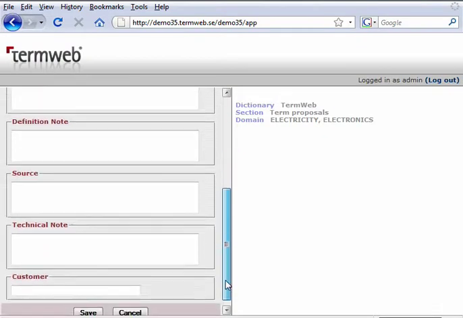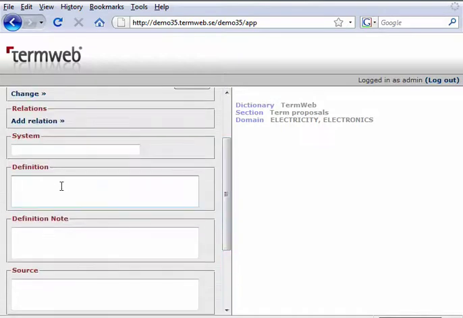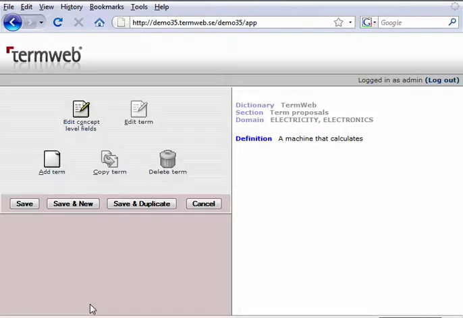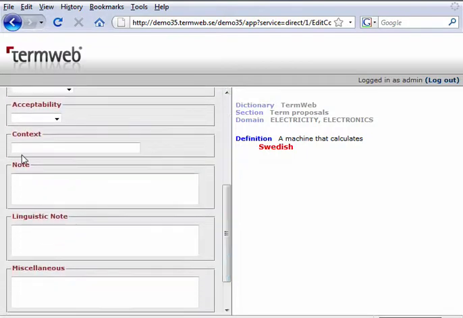The fields that you see here are according to my dictionary, the one that I create and define. So let me create a definition, enter a definition. Now I'm saving my concept level fields, and now it's time for me to add the terms. First, let me add the English one, which is an English language, and I can also fill in the information as I so wish. For instance, I could say that acceptability is to be verified,